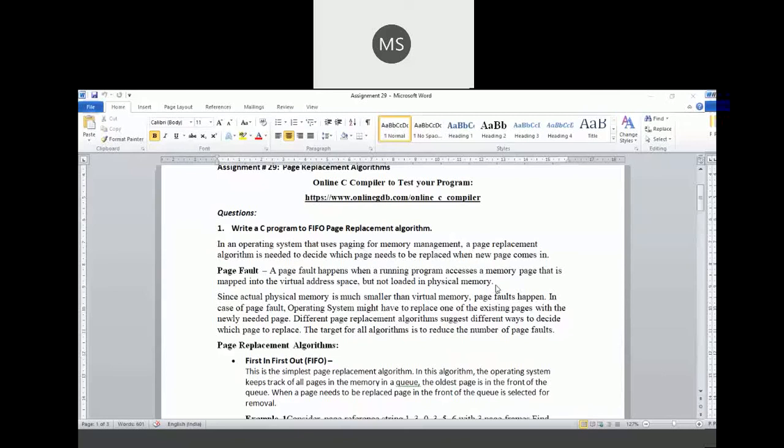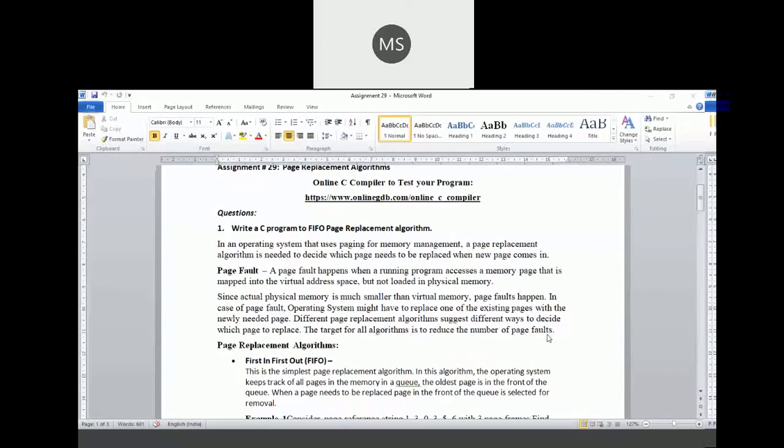To get rid of page faults, the only way is to replace some pages in the main memory by the requested pages from the virtual memory. Since actual physical memory is much smaller than virtual memory, page faults happen. In case of a page fault, the operating system might have to replace one of the existing pages with the newly needed page. Different page replacement algorithms suggest different ways to decide which page to replace. Their target for all algorithms is to reduce the number of page faults.